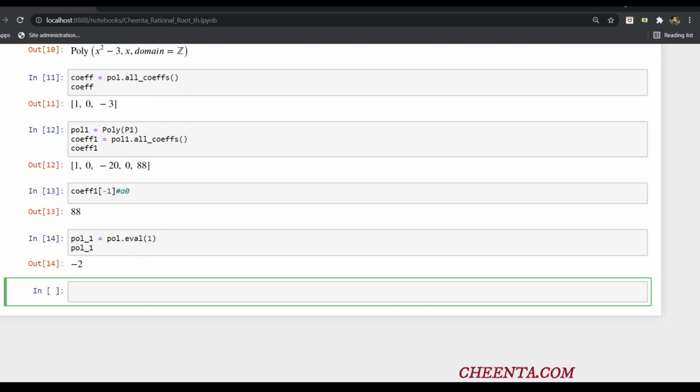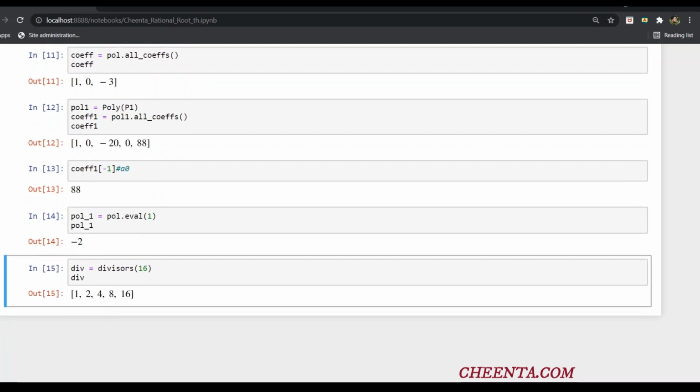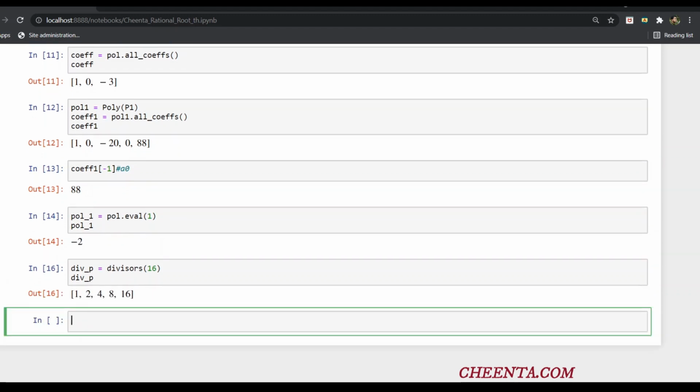Now what you have to do, you need the factors of a naught. Okay, so how can you find the factors? Let me write here. So the factors can be found by divisors of some number. Suppose in this case I want to find the divisor of 16. So if I run it, you see I get all the divisors, but you see that there are only positive divisors, but you need actually the negative ones too. Okay, so how can you find the negative things? Actually they are symmetric, that is they are exactly the same numbers just with the negative sign.